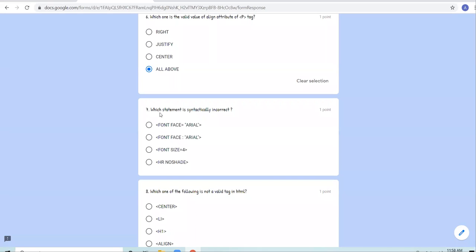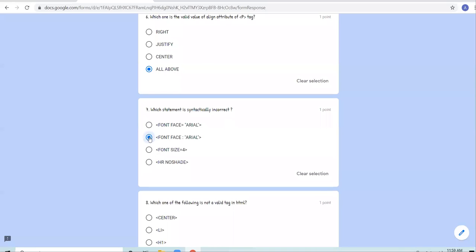7th MCQ. Which statement is syntactically correct? Beta, syntactically means syntax, the way to write. The way to write the statement. Font face equal to Arial. Okay. Font face colon Arial. No. Colon tab aata hai jab CSS की property ho. So this is incorrect.